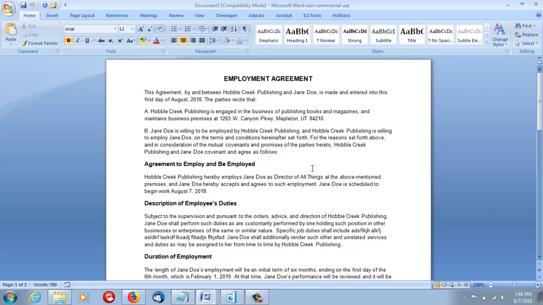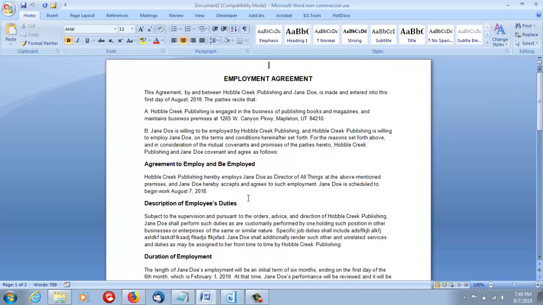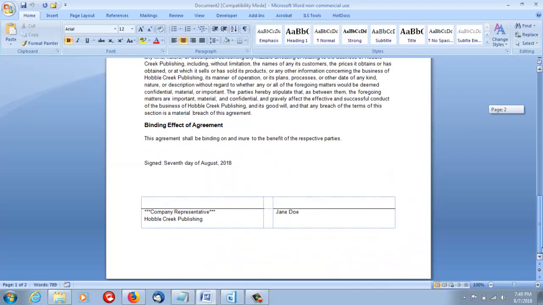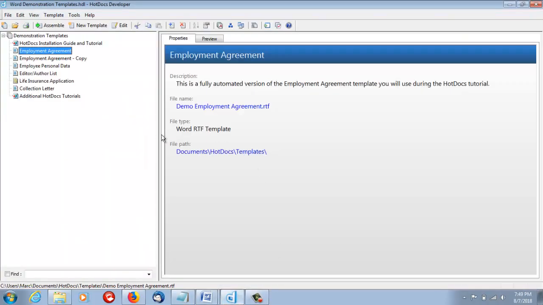And I've got quite a collection of answer files I've saved. That's now tucked away on my file system, so I can recall it, and I will do that in a second. And then I've also got my assembled document. So it's taken the liberty of constructing this document no longer in a preview and putting it out into a Word document, in this case, that I can edit, save, and negotiate. Notice I left the company representative unanswered, so my assembled document has asterisks by default and the name of the variable in lieu of that. I'm just going to throw this document away and not bother saving,